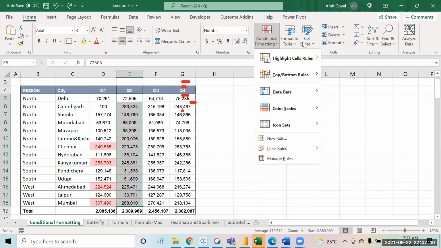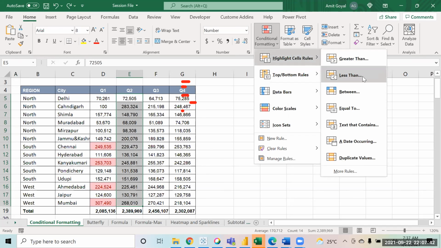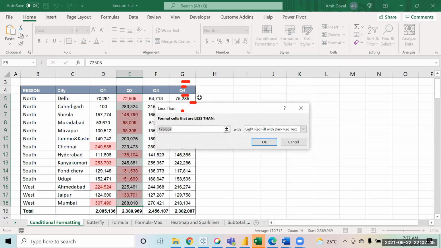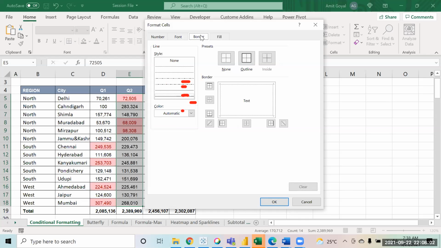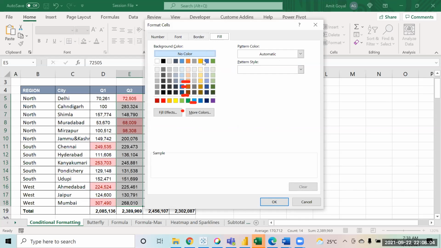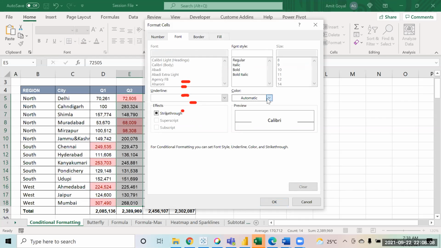Conditional formatting, highlight cell rules, less than 1 lakh. Then custom format: fill as yellow, font as red.